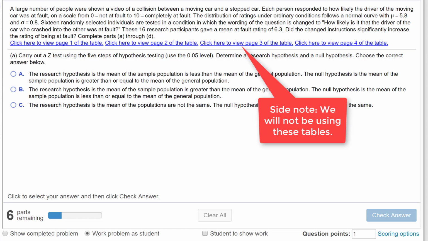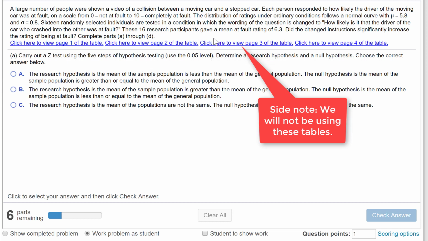Okay, so we want to carry out the z-test using the 5 steps of hypothesis testing at the 0.05 level. So determine the research and null hypothesis. This is generally the first step when you're creating these. So it's often easier to come up with a null. So the null is a dull, that there is no change, that the mean is